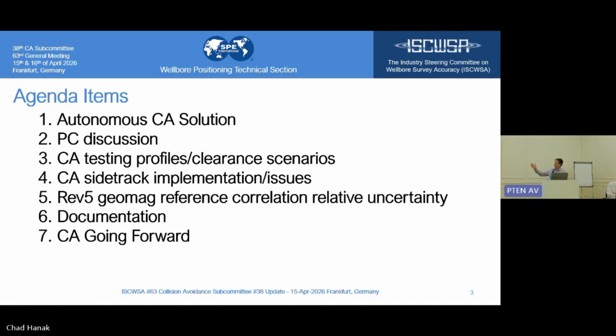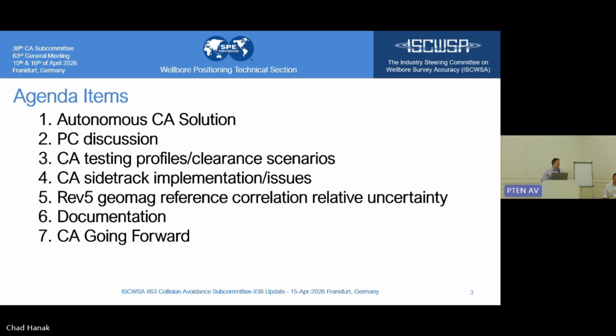These are the things I came up with that we want to check on: the progress of our probability collision, who's implemented things, have they gotten any results back, how is it working, any test cases. We have some new updates on collision avoidance test profiles. We have some new ones that have been proposed for testing certain profiles that are being drilled that the current ones aren't adequately testing. This is kind of a whole checkup, to see the profiles of how sidetrack implementation is going.